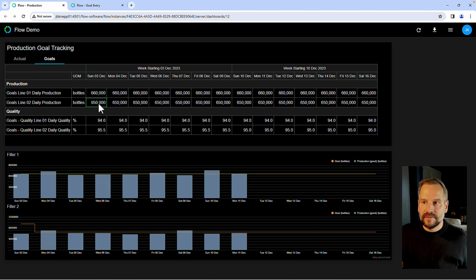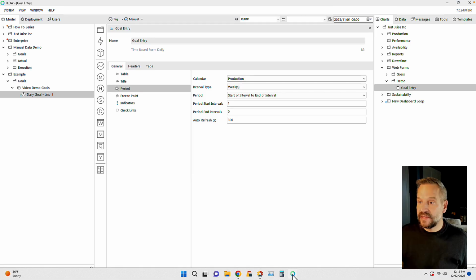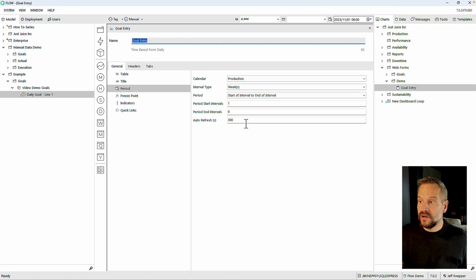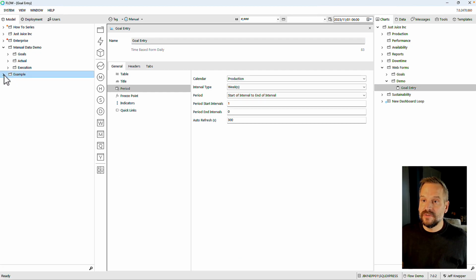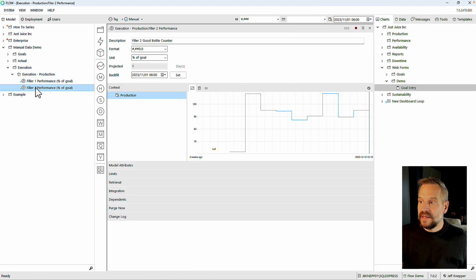Maybe it's a mistake. What I'd like for you to see is that we have the capability to do automatic refreshes of these tables, as well as anytime underlying data changes. Let's take a look at the execution percentage for filler 2. Anytime underlying data changes, Flow will automatically recalculate. So there's my 61%